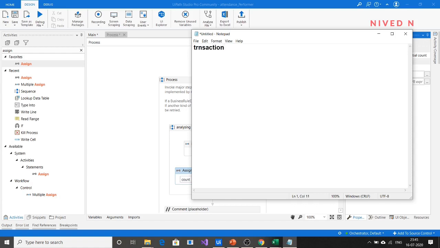So transaction, this I will specify in a notepad so that you have a better view. Transaction item dot specific content. Then you are specifying the collection name which you want to retrieve. But actually, if you consider this transaction item dot specific content, it is a dictionary, and its element, you can